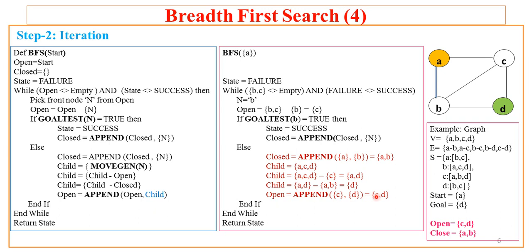So what is the status up till now? In closed, A and B are the nodes and in open, C and D are the nodes. That means if we see here in this diagram where I'm pointing, up till now we have visited A, we have visited B as well. Now it's time to iterate with the new value of open, that is with C and D. So we'll see in the next iteration how our open now explores the nodes of the given graph level wise. So we'll see that in the next slide.